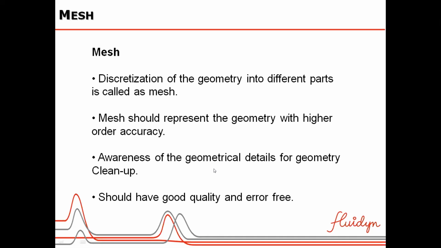So the errors should be eliminated: it should not have very skewed elements, it should not have elements with large aspect ratio, and it should not have degenerated elements. These are the errors which may impact your result directly. We can run the simulation with bad elements, with degenerated elements, every other error. But what will be the end result?